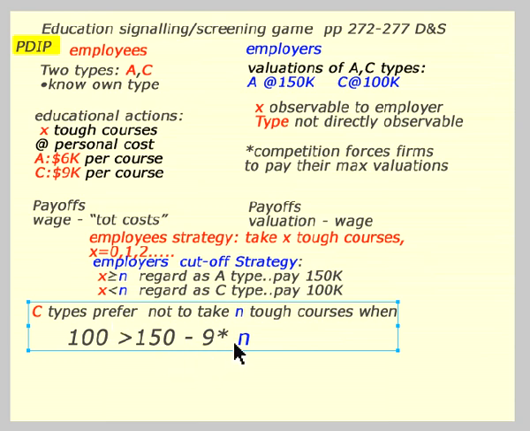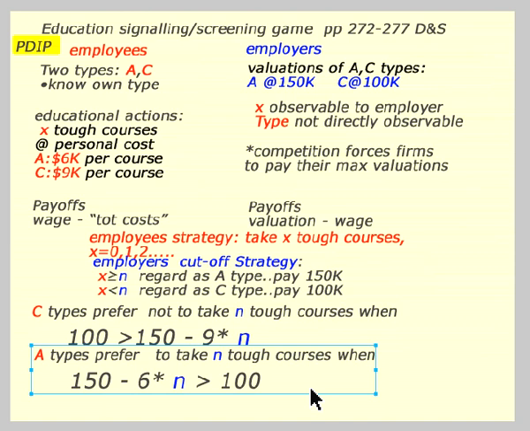So on the right-hand side, we put the 150, which is their wage, minus the cost of them taking the courses. Now, what we've set up here is that each course has an equivalent dollar cost of $9,000, $9K. So we're subtracting off 9 times whatever n is. If n is 1 course, that's 150 minus 9. If it's 2 courses, it'll be 150 minus 18. If it's 3 courses, it'll be 150 minus 27. If we can make n big enough, then this right-hand side will be smaller than that left-hand side. So that's what we're going to try and do.